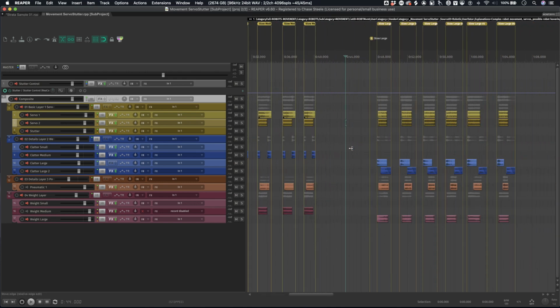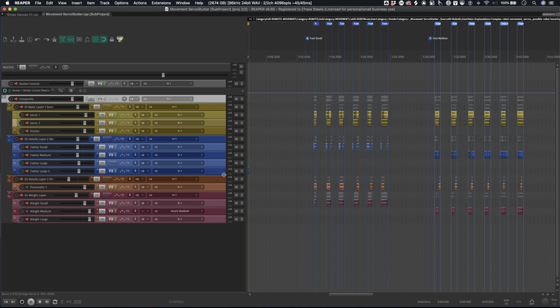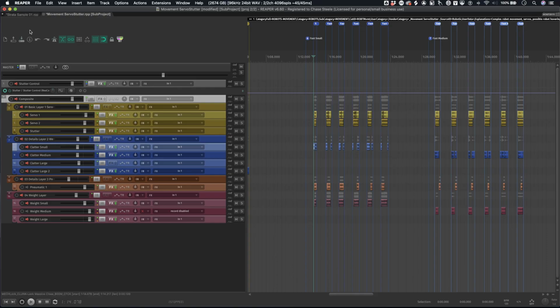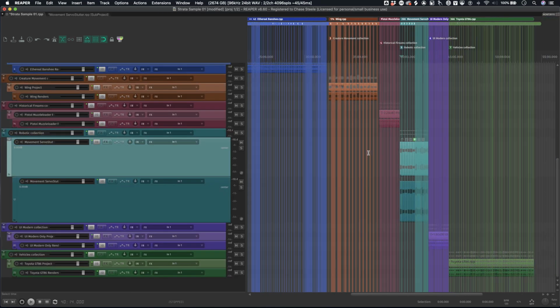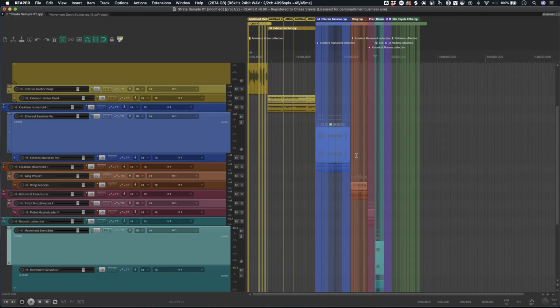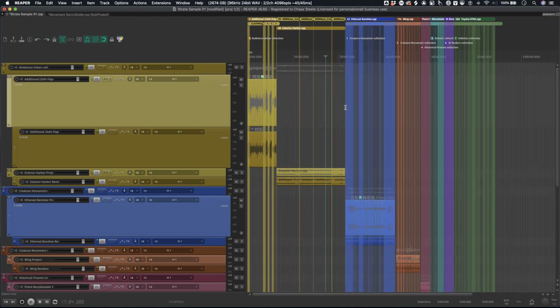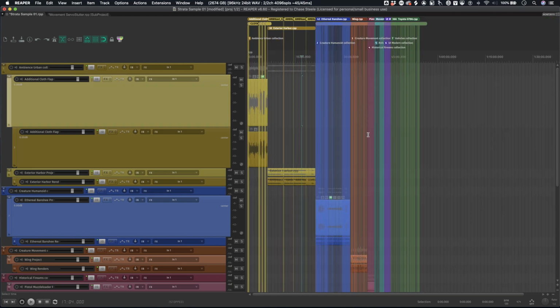Cool. As you can see, there's a number of tracks in here as well, where all the layers of material that were used to create these finalized designed effects are there. I'm going to come back to this in a minute, but in the main project window, I want to show you that the way I've been navigating this project so far is relatively clunky. You have to look for where the regions are, and then put your cursor there if you want to hear something in that particular area.